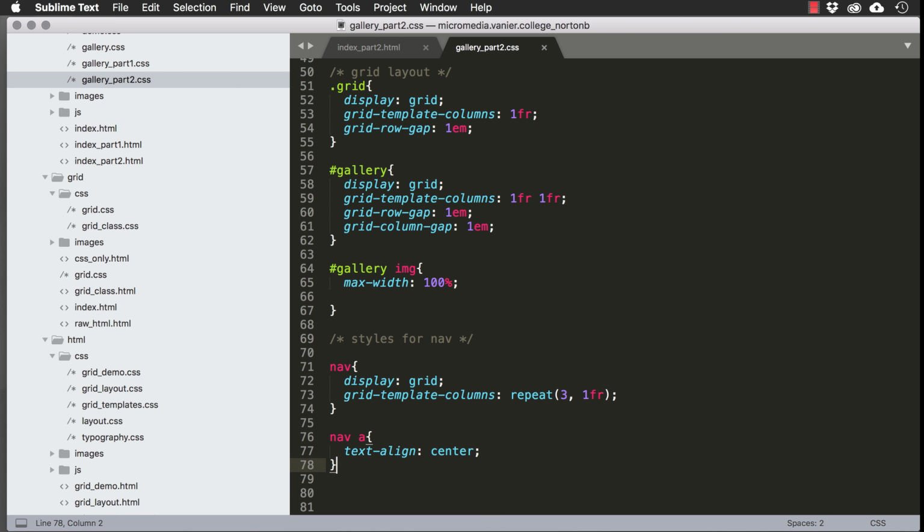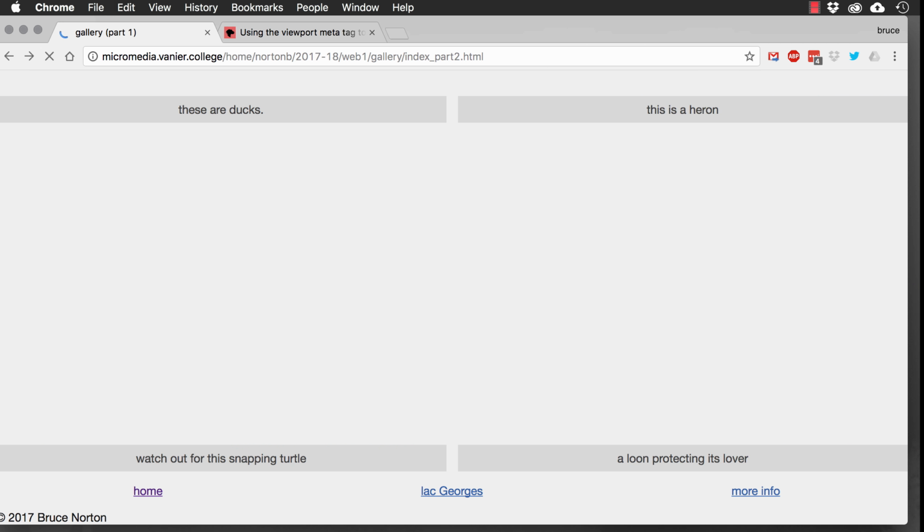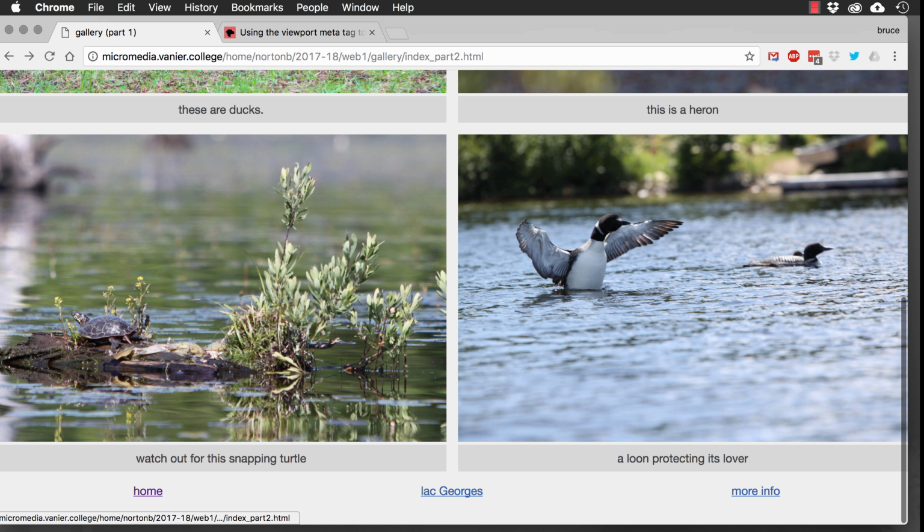The next thing I'd like to do is to add a color to the links, a custom color rather than the default. So I'm going to create a pseudo element on the link, or on the anchor tag, and set the color to the default link color for Google. And set the alpha to 1. And now if we take a look at that, we can see we've got a nice blue color for the